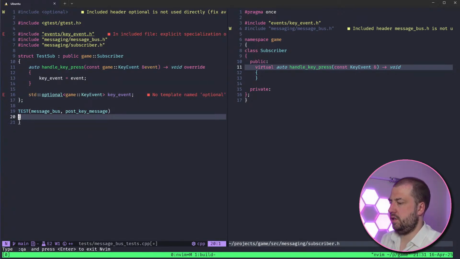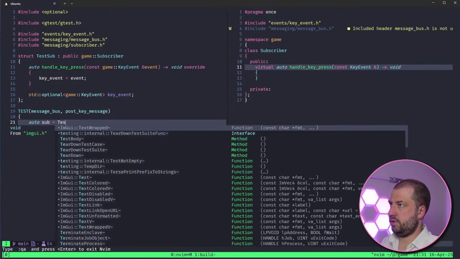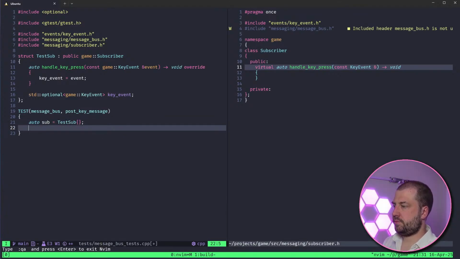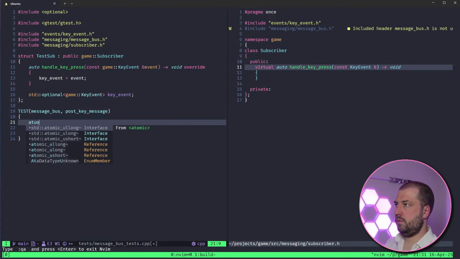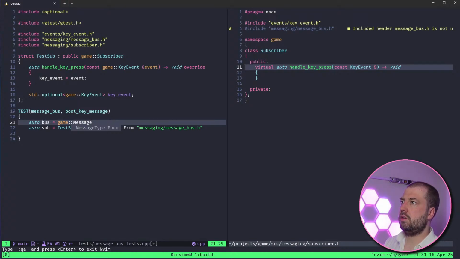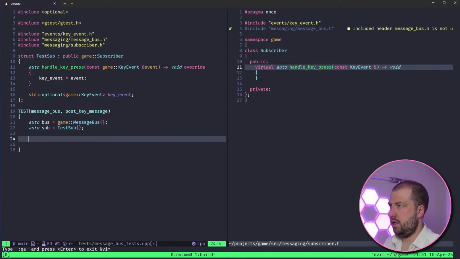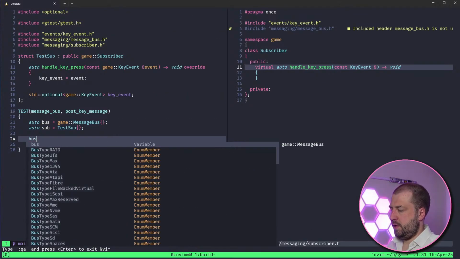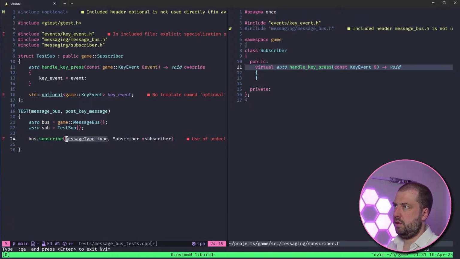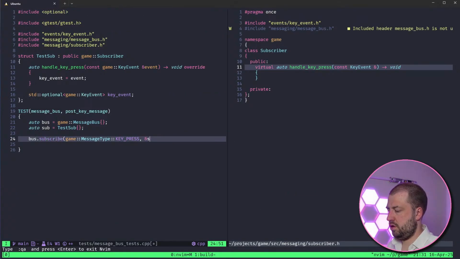So now what I should be able to do is auto sub equals test sub, auto bus equals game message bus, bus dot subscribe game message type key press sub,